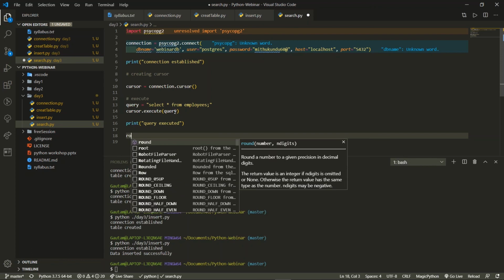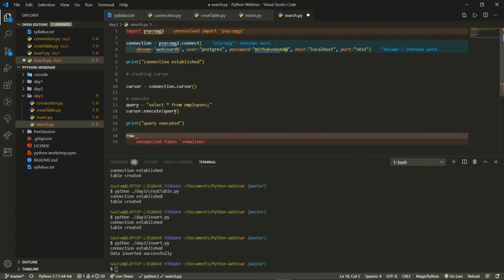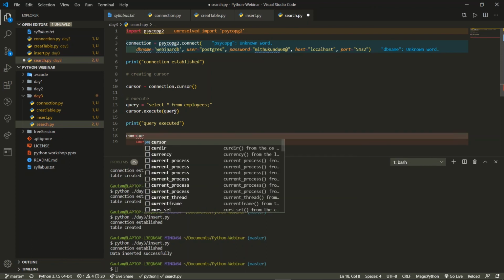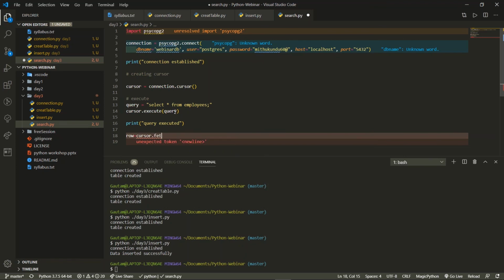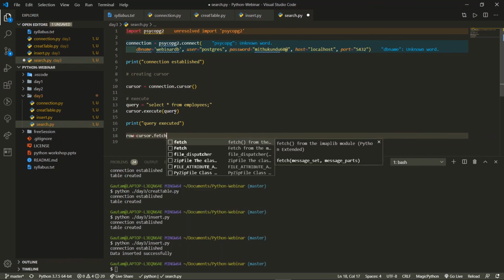So let us create a variable named row, and then we'll read cursor.fetch. Now how much data do we need to fetch? We don't know.